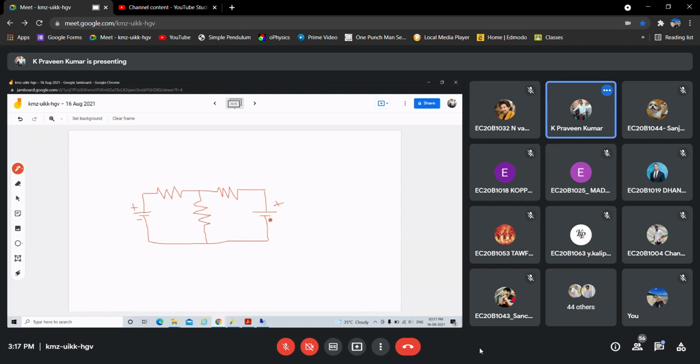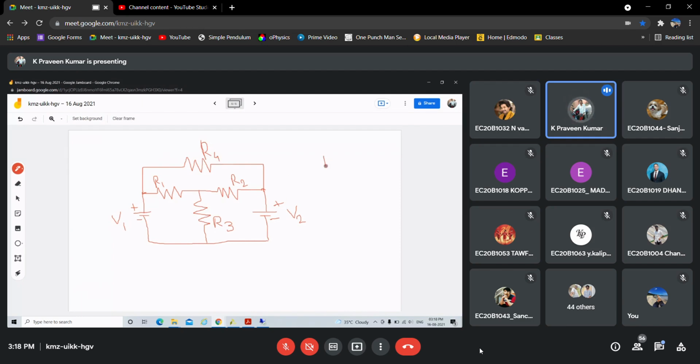So let us make some more complexity. So let us say this is V1, this is V2, R1, R2, R3, and this is R4, right?